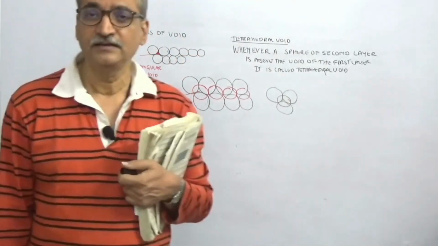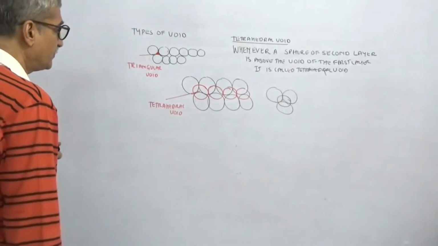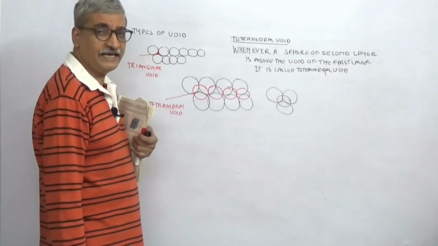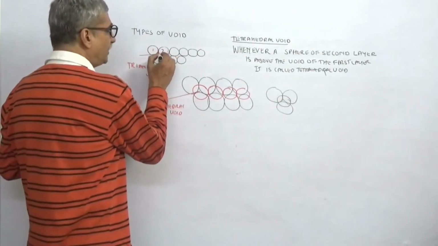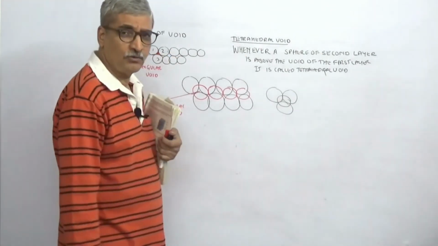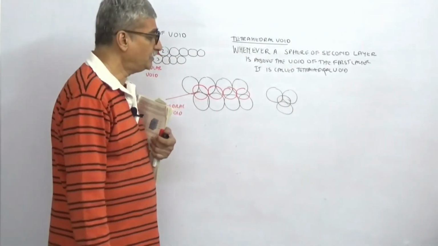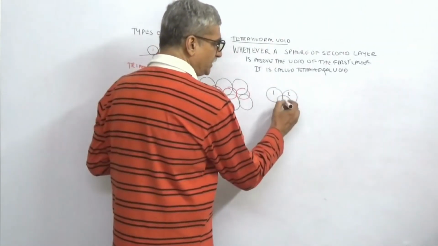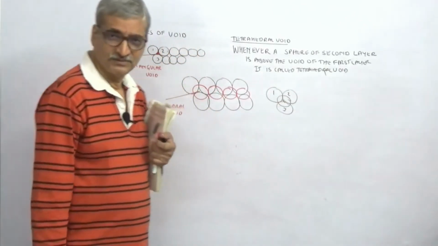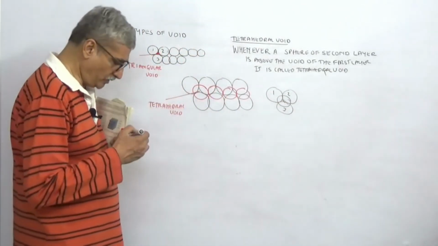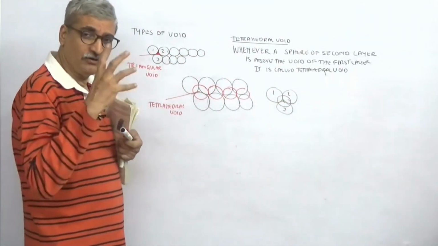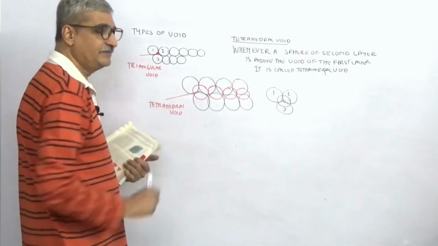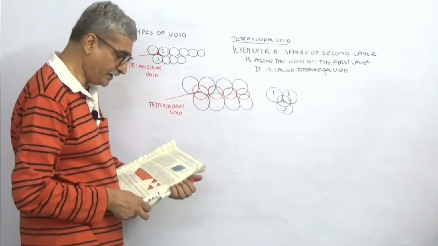तो एंट्रेंस एग्जाम में क्वेश्चन कैसा पूछेगा, what is the coordination number of a triangular void? So how many atoms surround that? 1, 2, 3. What's the coordination number of a tetrahedral void? Means how many atoms surround that void? 1, 2, 3, 4. So when the coordination number is 4, correct, what kind of void will form? It will be a tetrahedral void. This will be 3, it will be a triangular void.